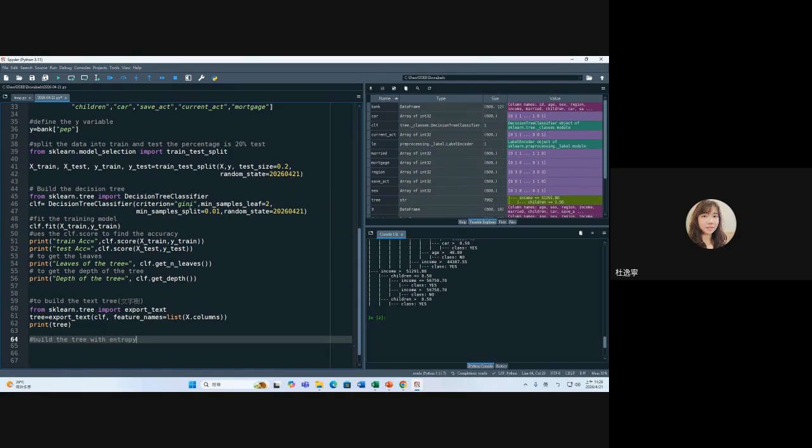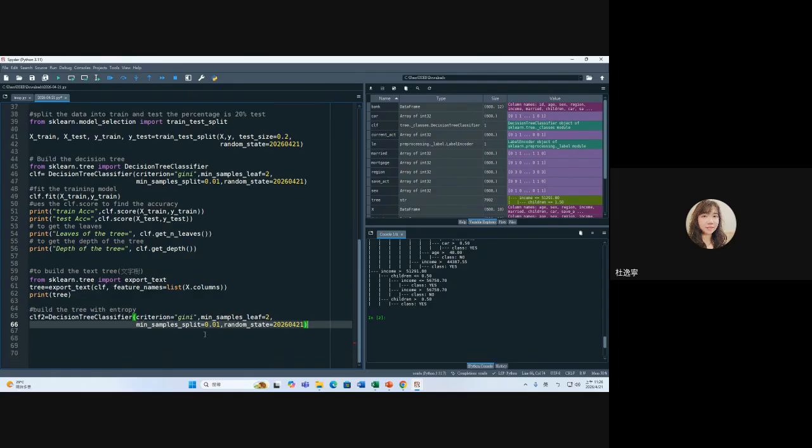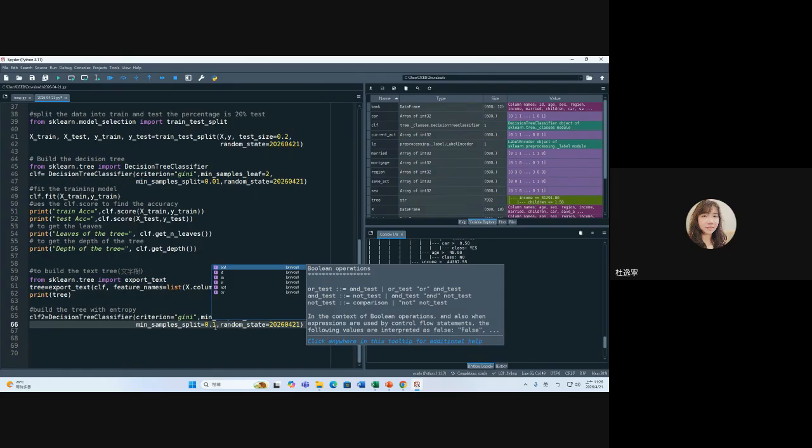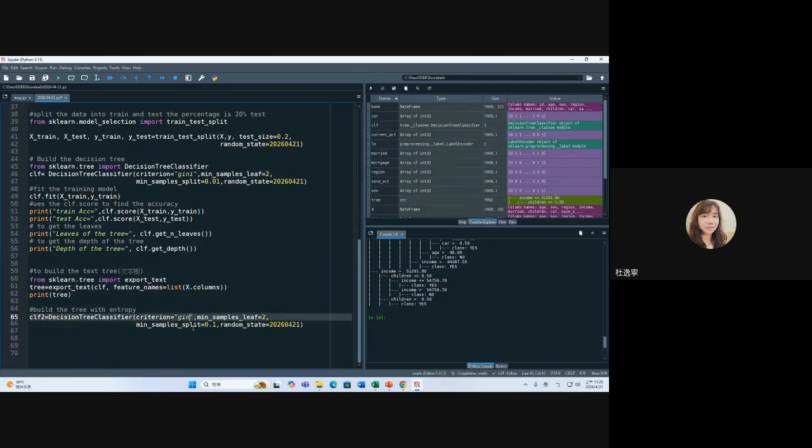Because default is Gini, 预设是基尼系数，我们现在用 entropy. Classification 2 equal here. This time we do not put too much. 0.1 is enough. And this we will use the